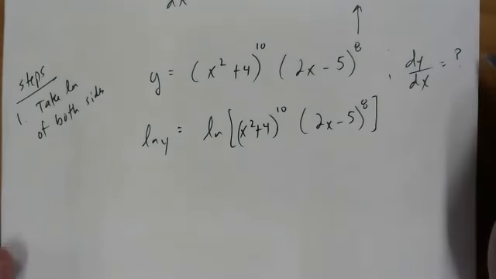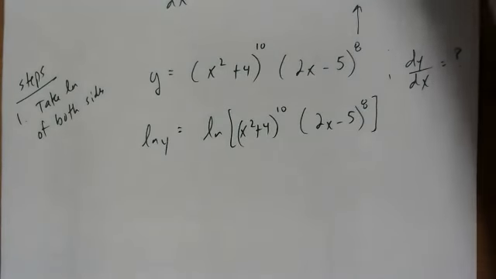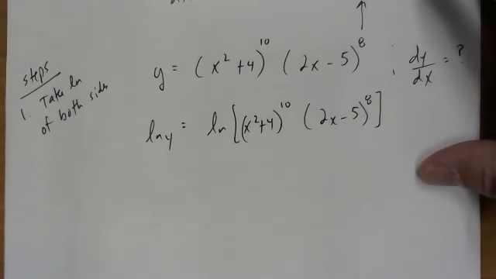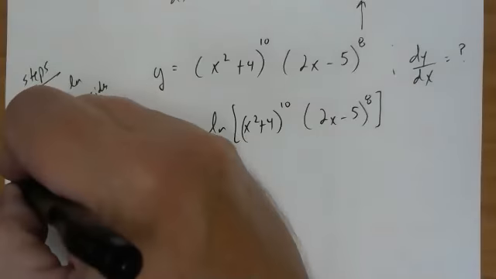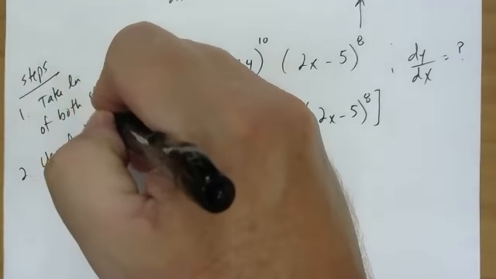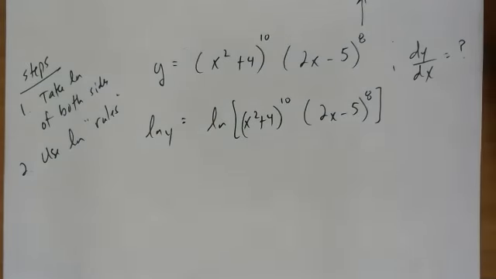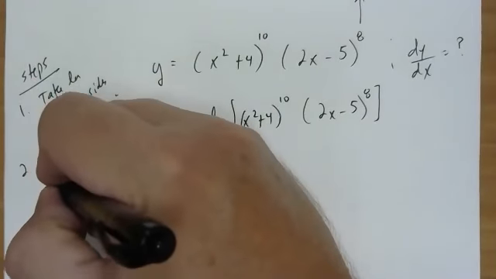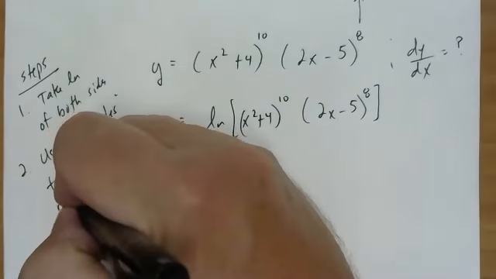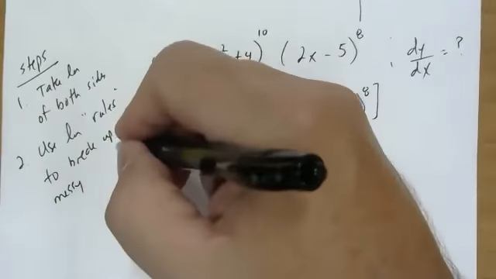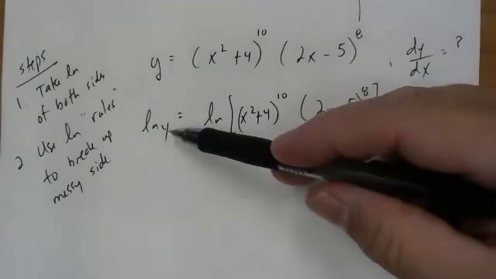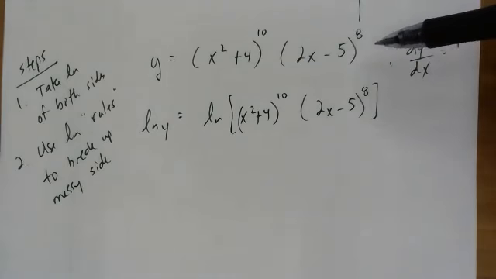Now this first problem, I'm going to try not to skip any steps just so you can follow what I'm doing. The second problem, I'll combine a few of these steps. I'm going to say use natural log rules to break up. You know what? I'm going to use this highly technical term: break up the messy side. The messy side means the side with all the stuff on it. This side's pretty straightforward. So what that means is,